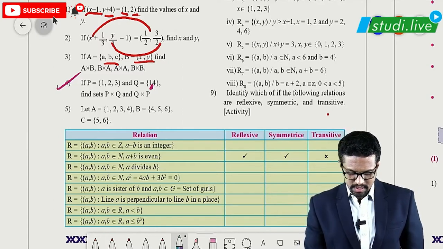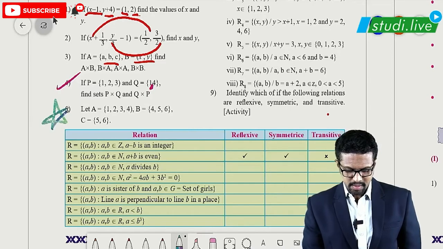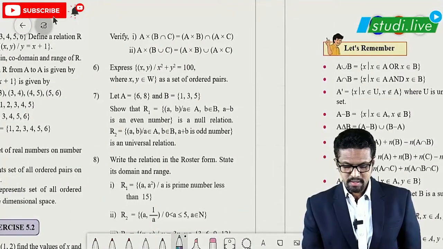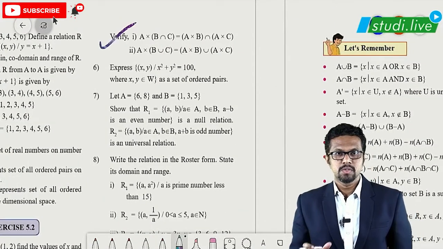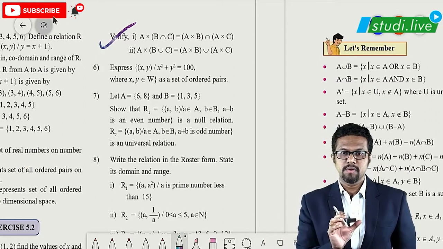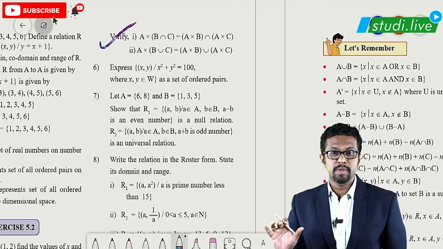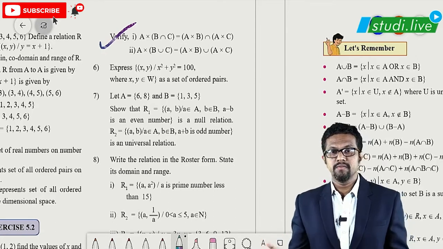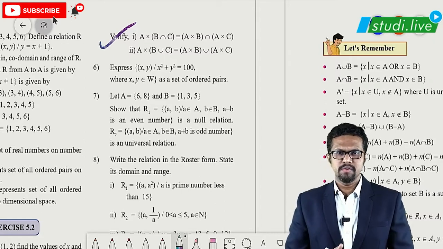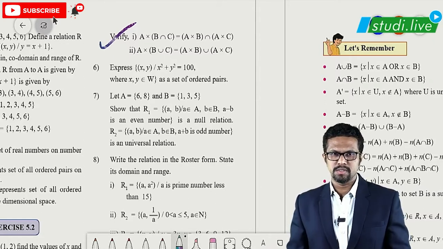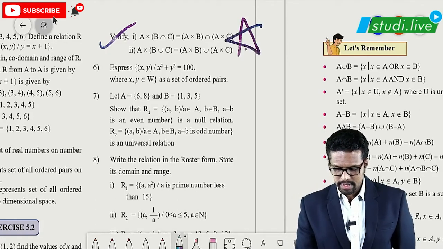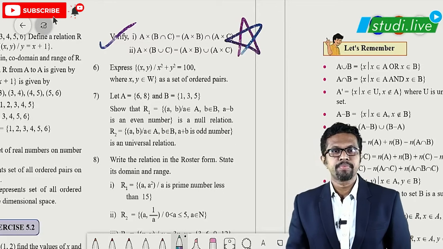Now obviously in this exercise, question number 5 is slightly more important, because in this we have to verify. Again, we know how to verify the questions. We will first solve the LHS part and then the RHS part. LHS will be taken as equation number 1, RHS as equation number 2, and then we can compare that equation 1 is equal to equation 2. That is how we verify LHS equal to RHS. This is a very easy question, but a very important one, so see to it that you practice it very well.